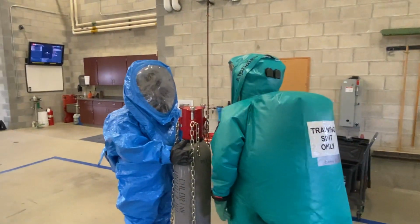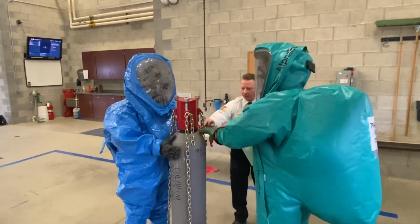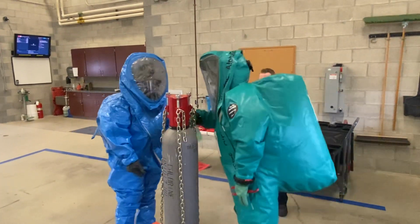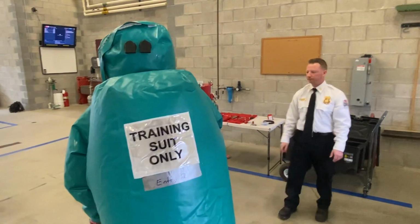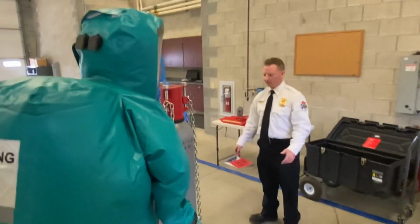Now how we're going to check that is we're going to get our ammonia solution again, and we're just going to spray around the bottom of this. Yep, just spray around in a circle. What we're looking for is any type of bubbles that might come up or any type of reaction with the ammonia. Alright, I think we're good. I think we stopped the leak. Alright. So this is one